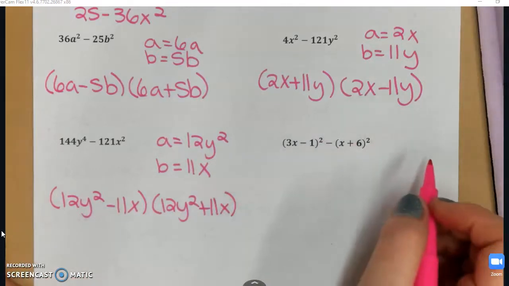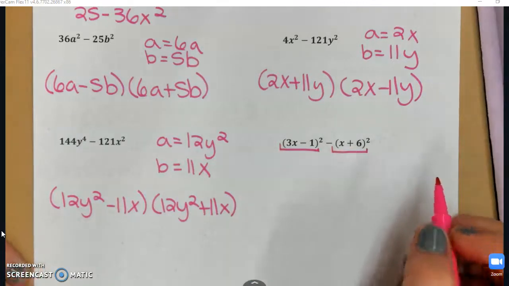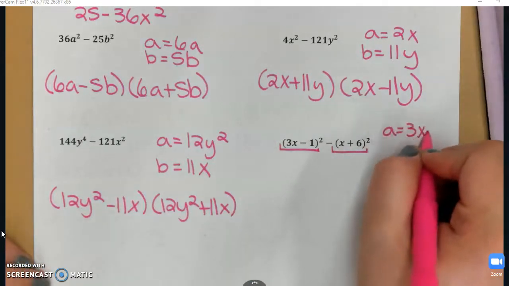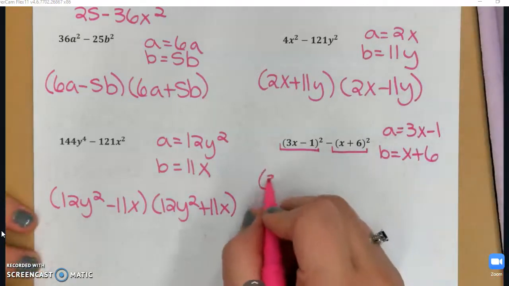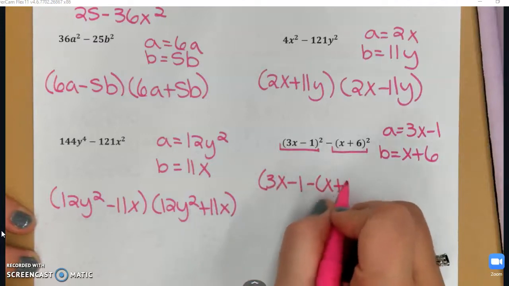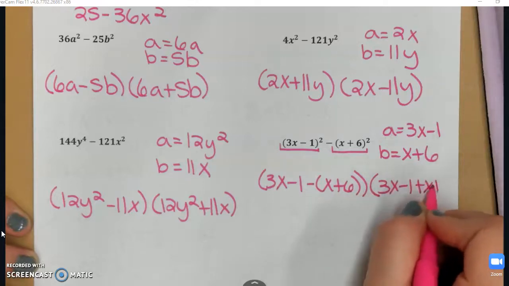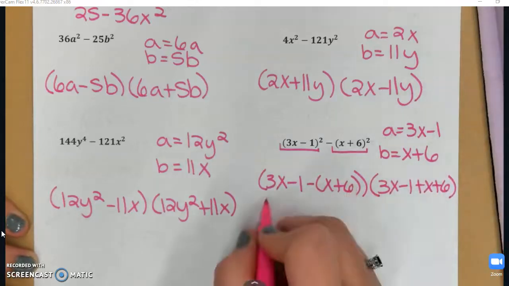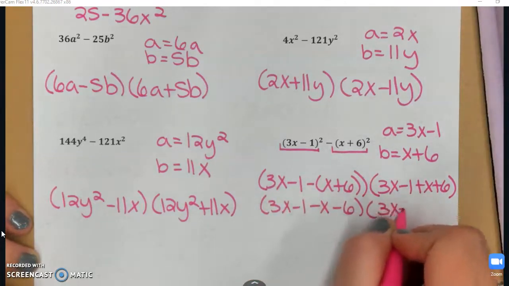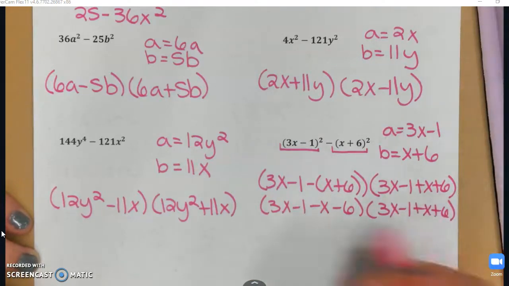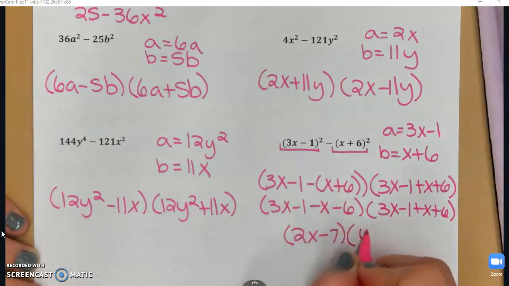And lastly, this one might look tricky, but don't let it fool you. This is being squared, this is being squared, which makes them perfect squares. So a is actually 3x minus 1, and b is x plus 6. So I'm going to have a minus b, make sure you're protecting it with parentheses, times a plus b. So I'm going to distribute that negative here, and I'm going to get negative x minus 6. And now I can combine my like terms, and I'm going to end up with 2x minus 7 times 4x